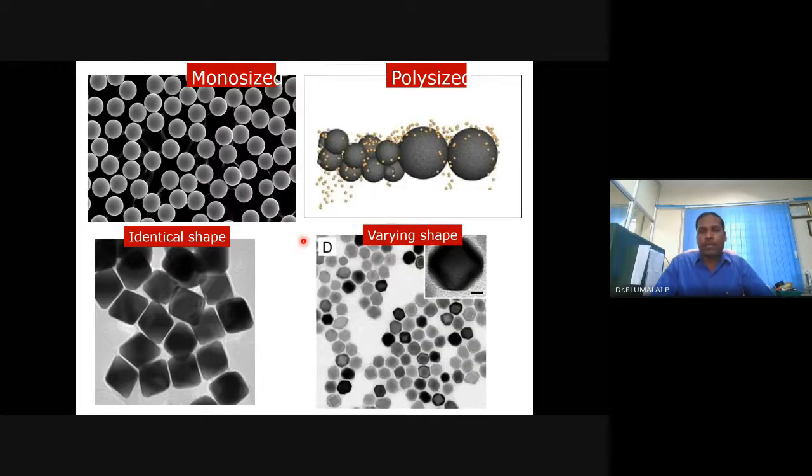I think this had magnification and resolution. Okay, I think this is what is important. This I already spoke to you about. I think now you will appreciate these images. This image you can get from an electron microscope. No other technique will be able to give you such information. Mono-size or poly-size information, identical shape or varying shape, it is possible to know from the electron microscope. If you remove the electron microscope, how would you get this? Not possible. Such advancement in nanotechnology would not have taken place. You would have used nanotechnology, but maybe with poor knowledge.